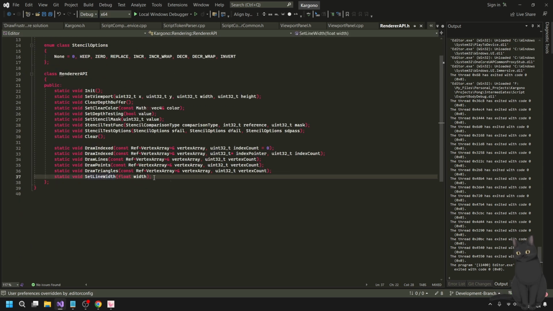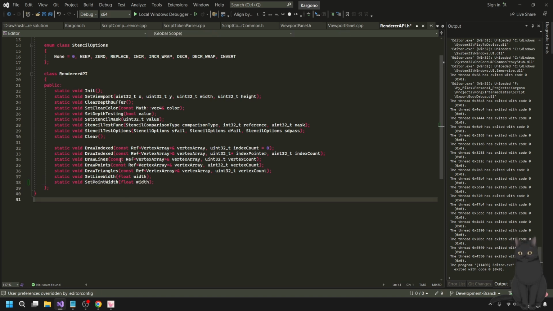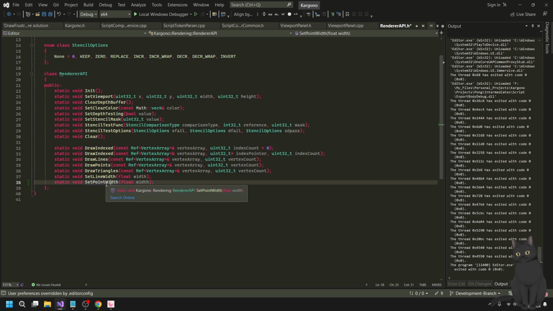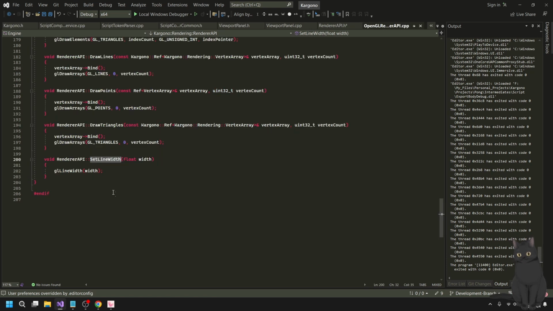Let me add a new API. That's point width. I don't know what the default width for this type of thing is, but I guess it won't take me there, so I guess I'll just do it myself then.